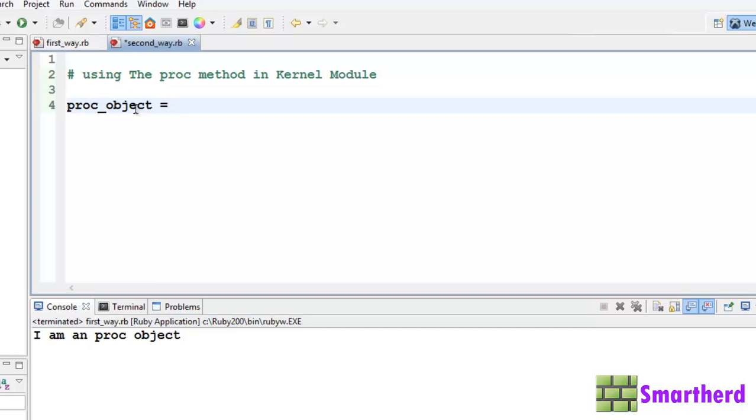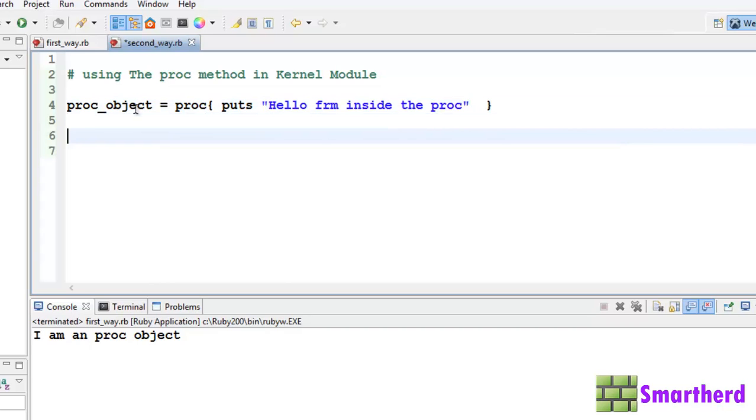proc_object equal to, let's say just proc, then after that we have to write our block of codes. Let's say puts "hello from inside the proc". Yeah, quite simple.